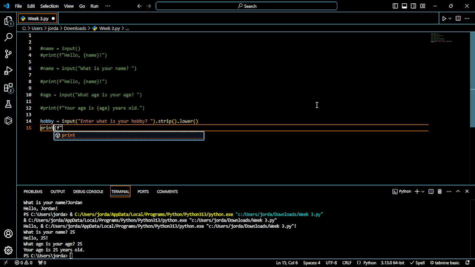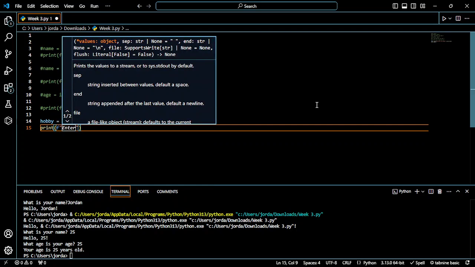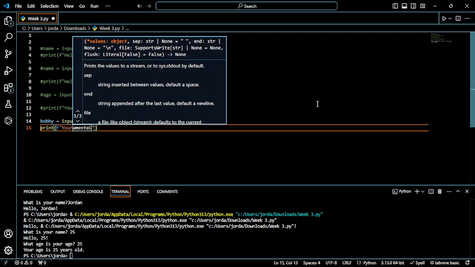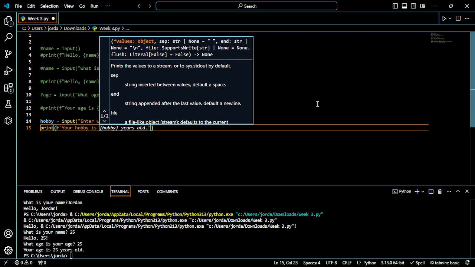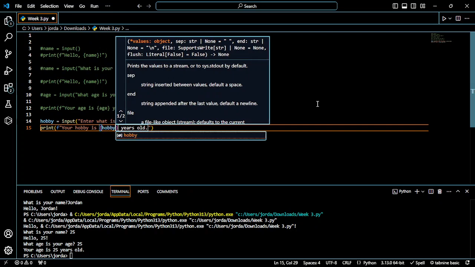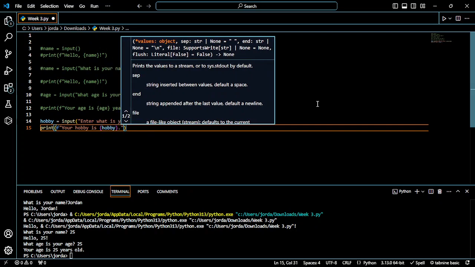And then we can go print, use the F string again to format it for us,